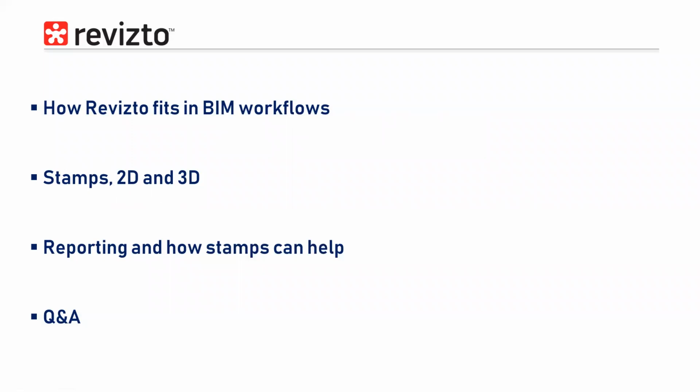We'll talk about reporting and how stamps can help with reporting. And in the end, we'll leave another 10 minutes or a bit more for Q&A. So you guys should be able to see through your Zoom application the Q&A button so that you can just get in and type in any questions, and we'll try to address as many as we can at the end